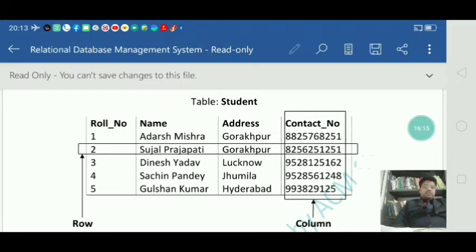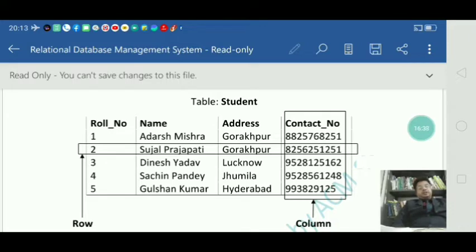Suppose two students have the same name, Dinesh Yadav. In that case, you can't take name as your key because that column contains duplicate values, the same values are repeated.